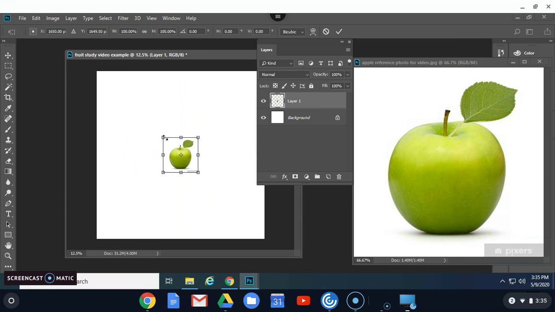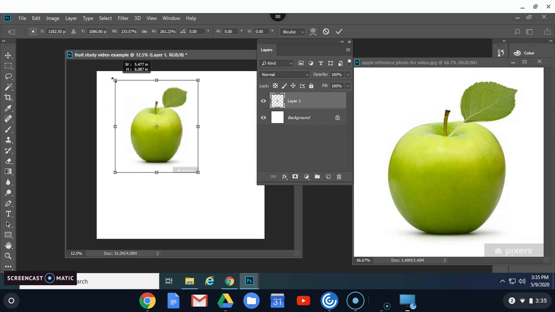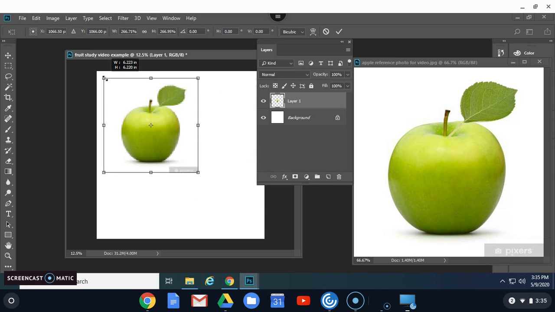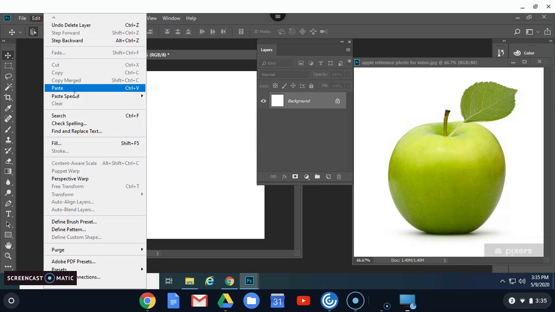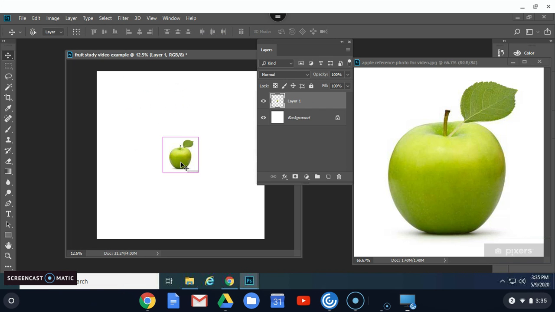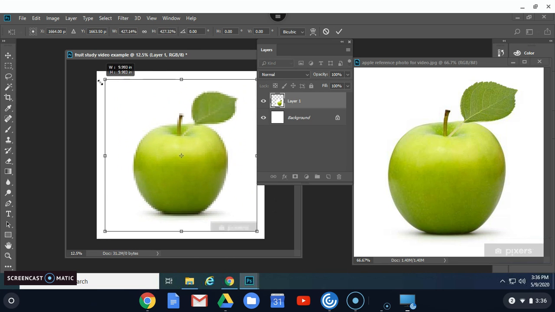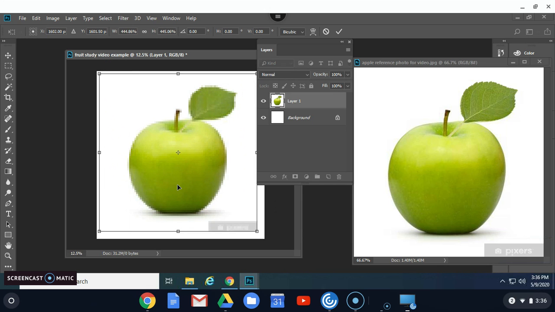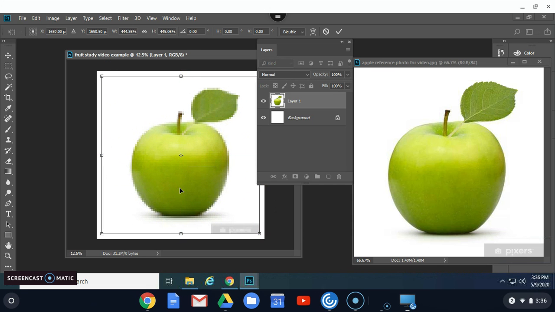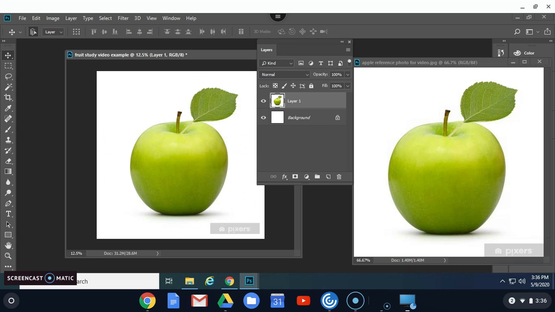Control-T. Pull from the corners. Let's see, if you hold down Shift and then pull from the corner. Yeah, there you go. Make sure it stays exactly the size that it pastes in as. Okay, there we go. So hold down Shift when you do that. Okay, so now I'm like, all right, let's go ahead